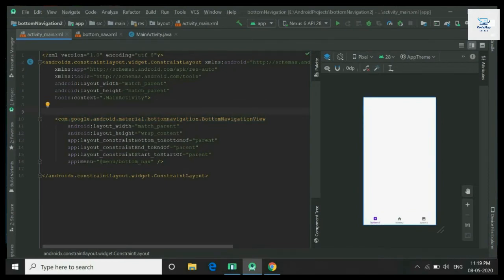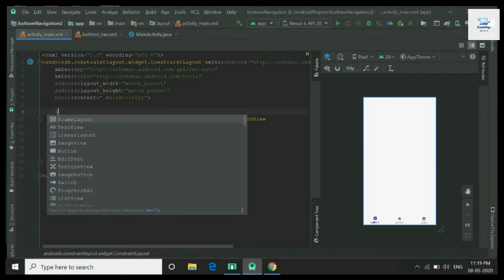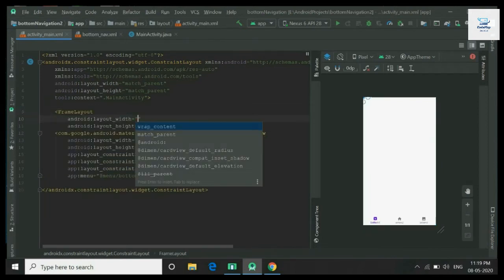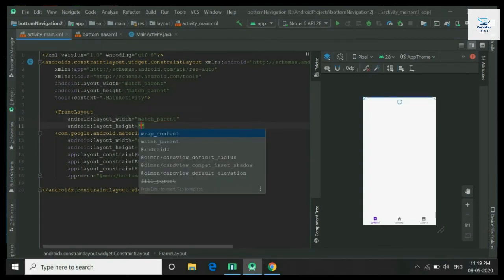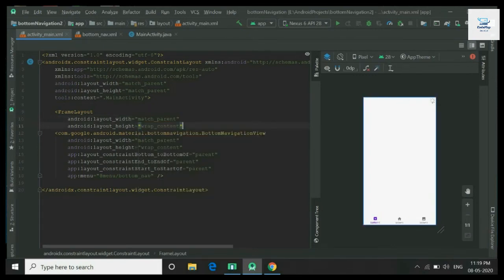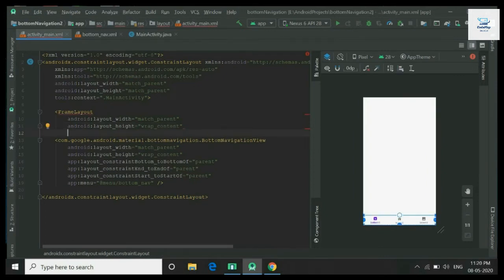Now we will add a frame layout which will be used as the container. When we click on a bottom navigation item, we will switch different fragments in the frame layout, so we will add a frame layout. Width will be match parent, height will be wrap content, and close this.